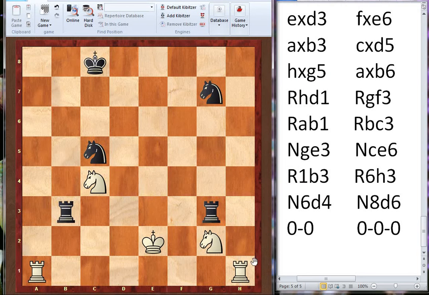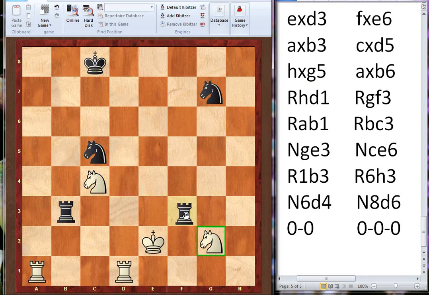How to write a move when two pieces are able to come to the same square. This happens with rook and knight. For example, if this rook moves here, normally we would write it as capital R D1. But if a player is reading that move, he will not know which rook came here, this rook or this rook. So this is why we give the reference of the file. See, this rook came from the H file. So we write R H D1.